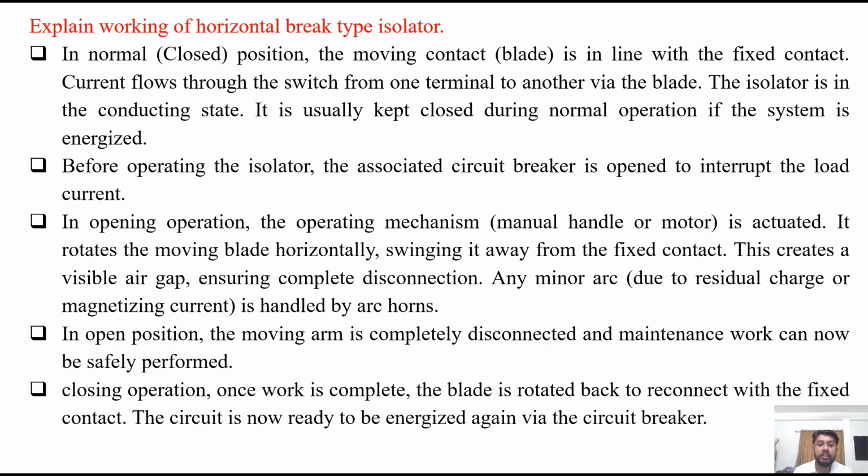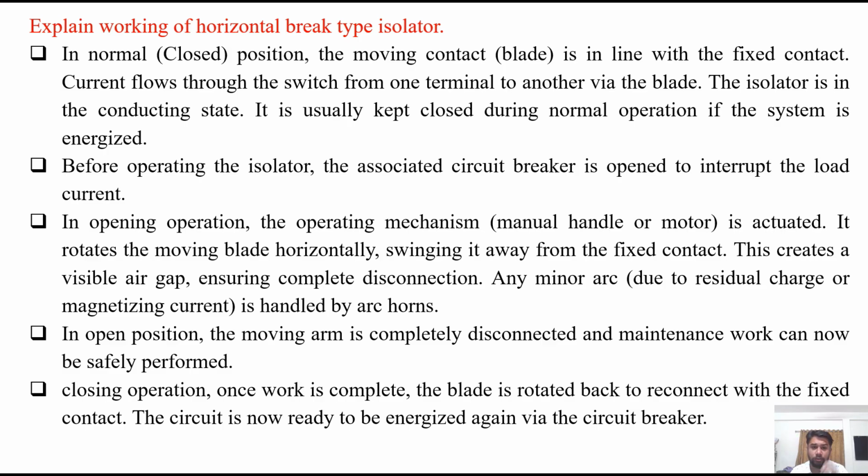In the opening operation, the operating mechanism, that is manually or motor operated, is actuated. It rotates the moving blade horizontally like this, swinging it away from the fixed contact. This creates a visible air gap, ensuring complete disconnection. Any minor arc during this, due to residual charges or magnetizing current, is handled by the arc horns